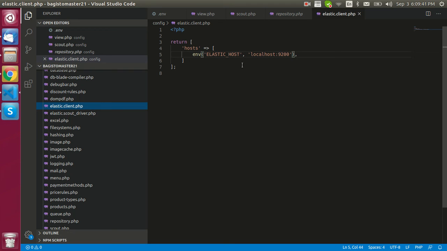Here you have to paste your own elastic host URL.